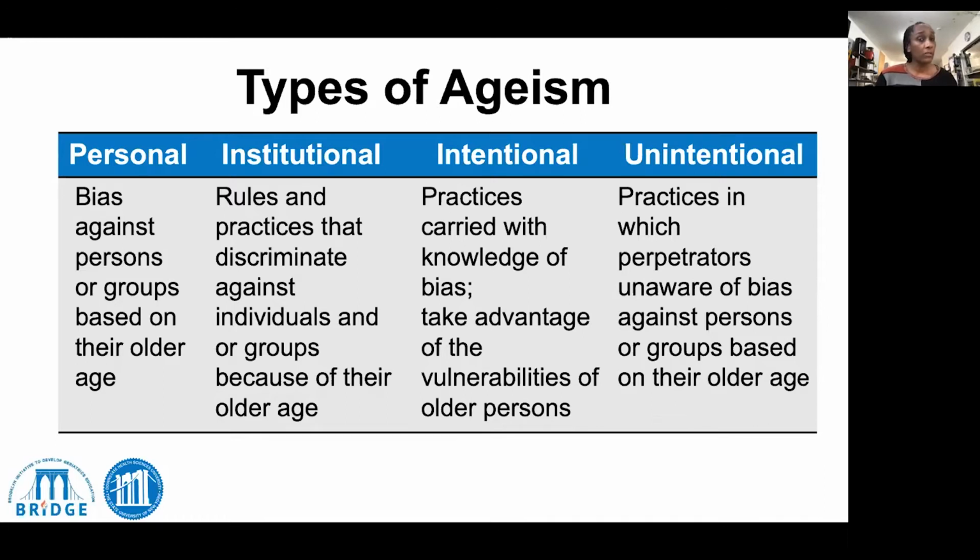Institutional forms of ageism are often those rules and practices that discriminate against individuals and groups because of their age. So for example, older nurses or physicians in terms of their ability to continue to work. They might gradually see this institutional ageism in terms of when they must go,